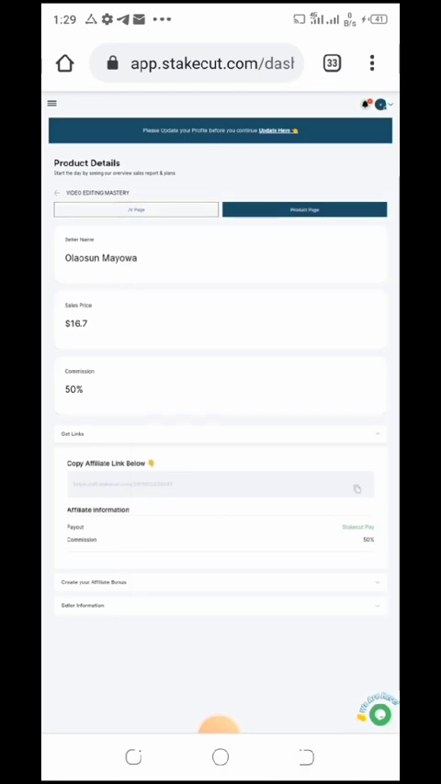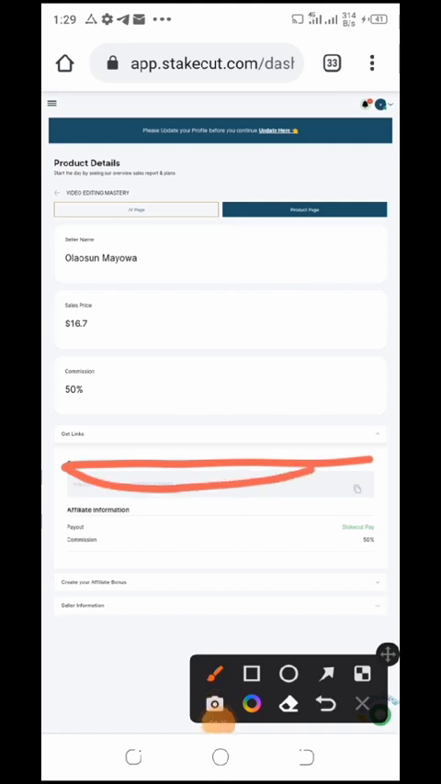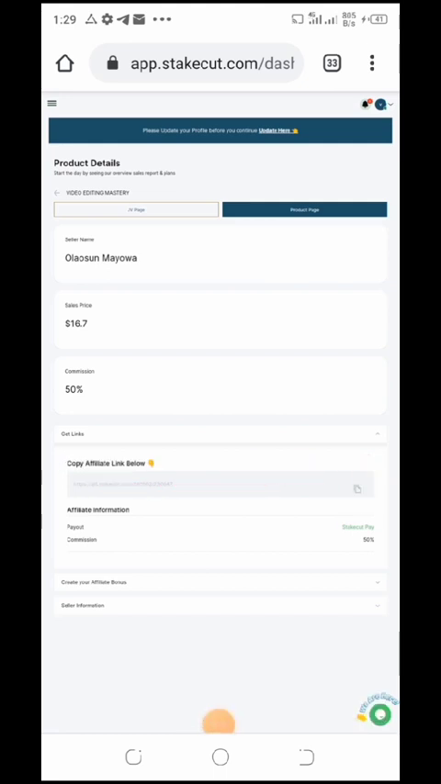So let's go back. Down here is where you have your affiliate link. This is where you have your affiliate link, and then you can now copy it here. So we'll now tap on that, and it has already been copied. So now I want you guys to